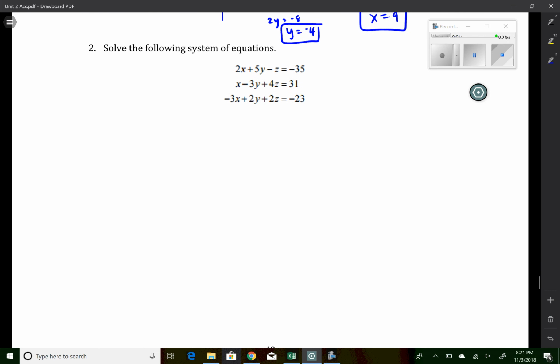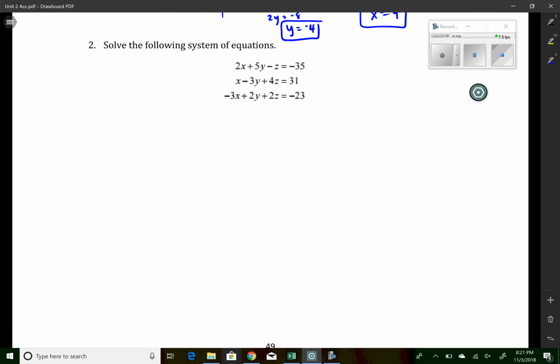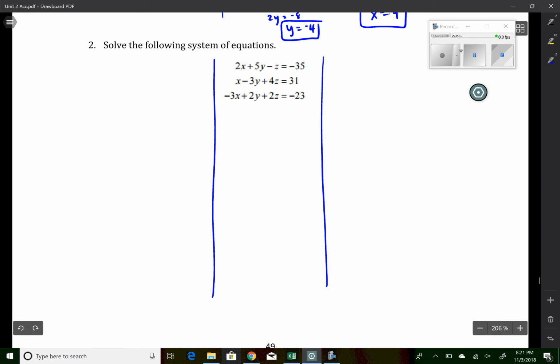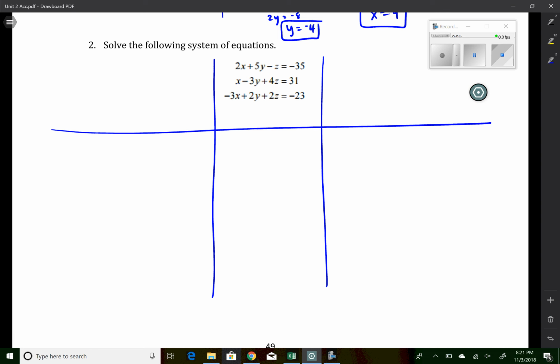For number 2, we're going to do the same thing. All right, so we're going to start here by making our workspaces. And unlike number 1, this one is not so easy. There's no straight up pair of equations that we can just add up so that things cancel here. So what I'm looking for is two equations where one has a positive and the other has a negative for one of the variables. So if I look at the z's,